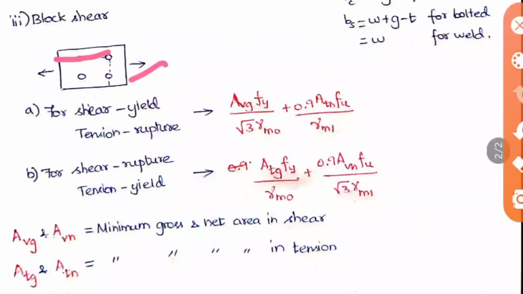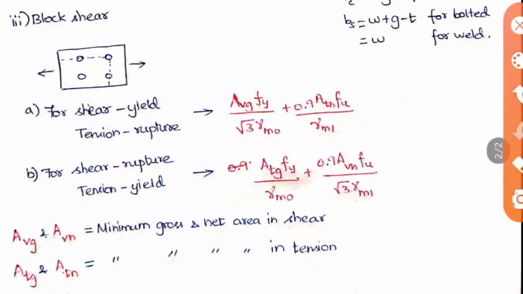If it is along the horizontal axis, we call it the shear failure, and it also occurs like this. Okay, so this is nothing but the tension failure. So it may happen like this also. Failure is nothing but it just breaks there or cracks form there. Okay, so this is the case of block shear.